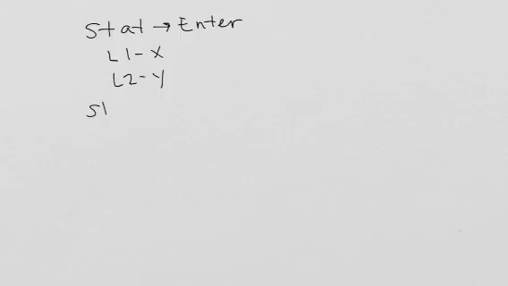What you need to do is hit Stat, Enter on your graphing calculator, and enter the X values into L1 and the Y values into L2. Once you have that done, you're going to hit Stat, arrow over to Calc, and hit 4, and then you're going to hit Enter repeatedly until you get your linear